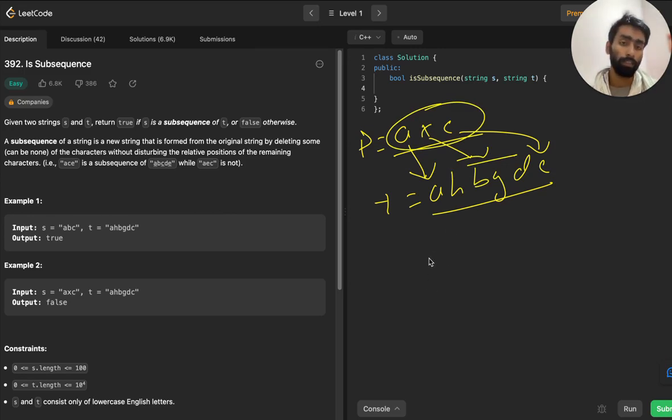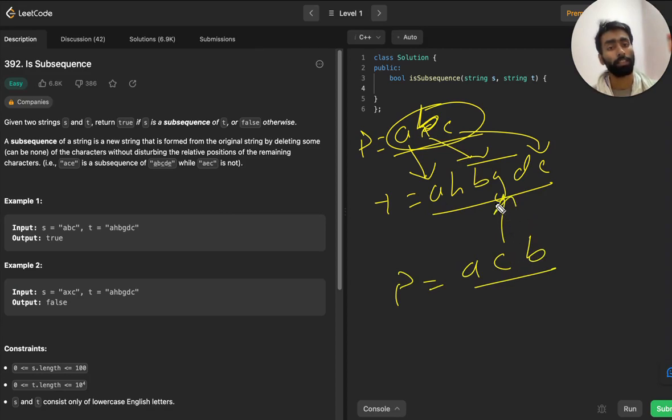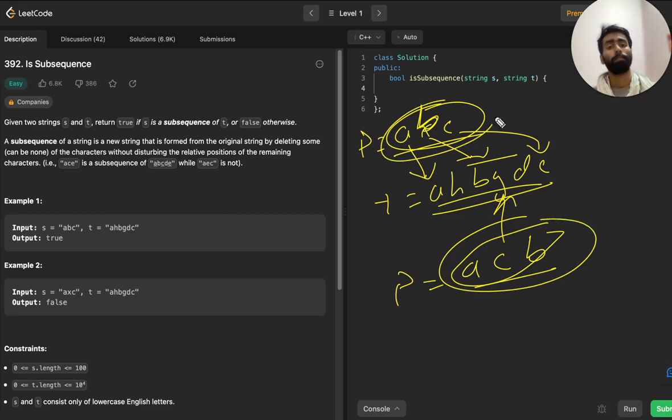And let's say if it was either B or G, then this was a subsequence. But let's say if the string was A, C and B, though these characters exist in this string, they are not in the same order, that is A then B then C, but here A, C then B. So this is not a subsequence, but this is a subsequence.